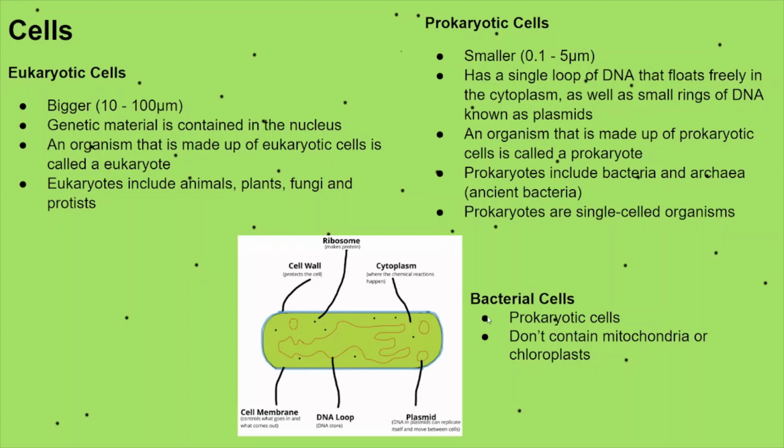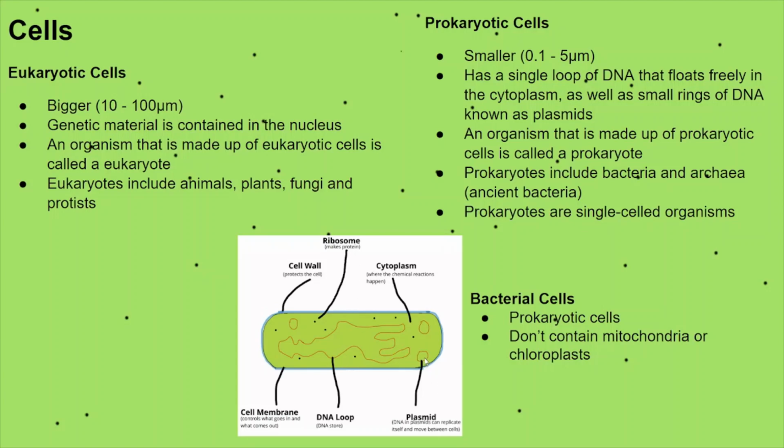As you can see here, this is a bacterial cell, a prokaryotic cell. It's got this DNA loop as well as these plasmids. It's worth noting that an organism made up of eukaryotic cells is called a eukaryote, whereas similarly a prokaryote is made up of prokaryotic cells, but prokaryotes are single-celled organisms and they are just bacteria, so bacteria are single-celled. Another important difference is that eukaryotic cells are bigger and prokaryotic cells are smaller, and inside bacterial cells, obviously you have